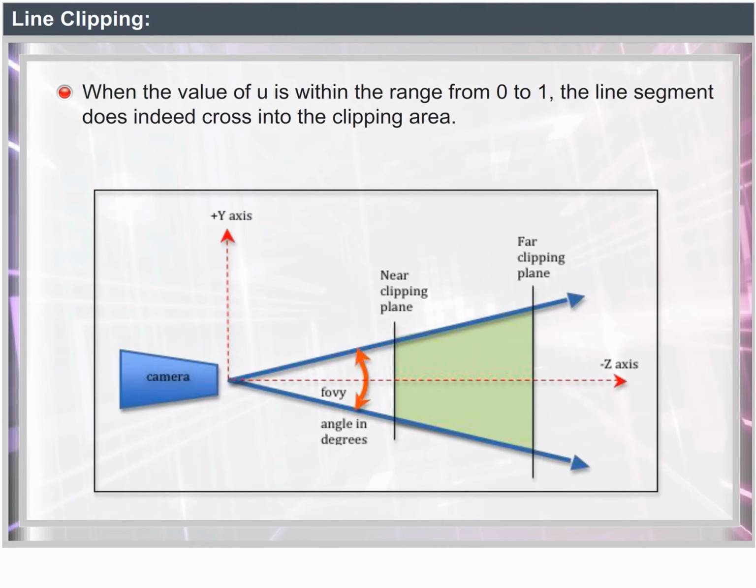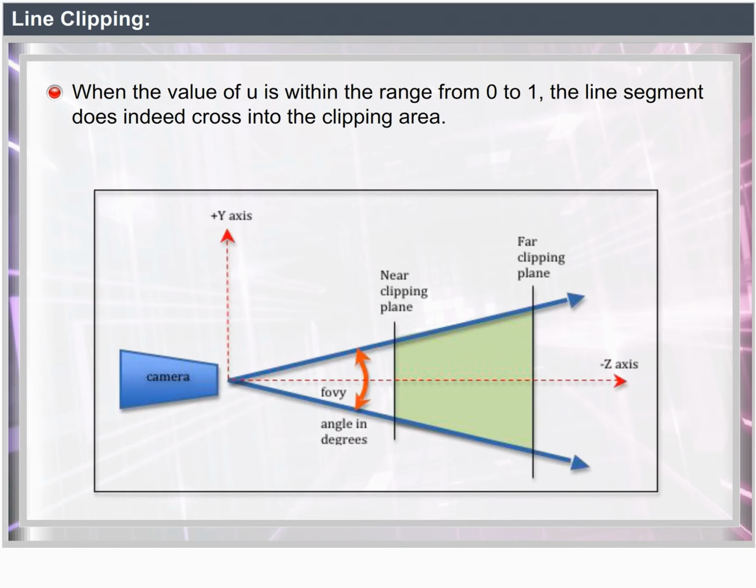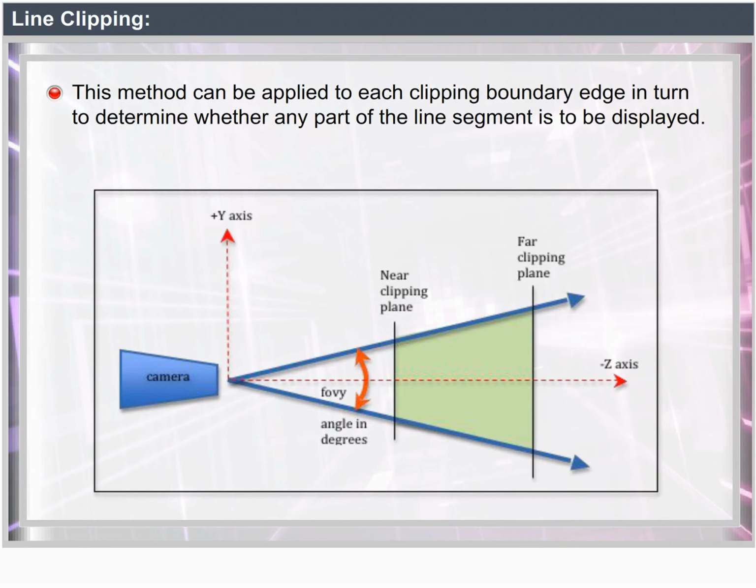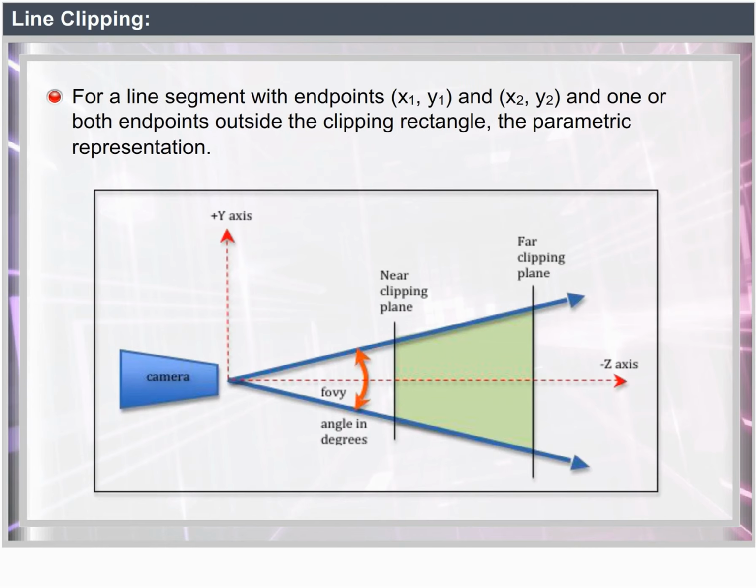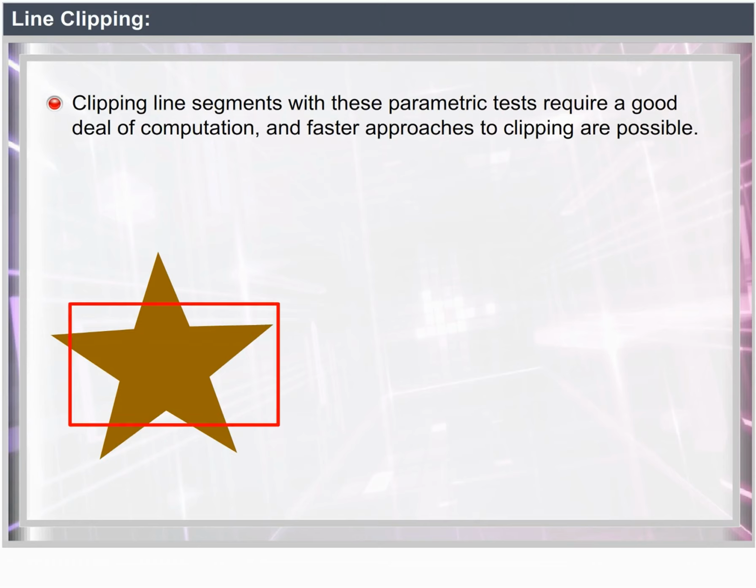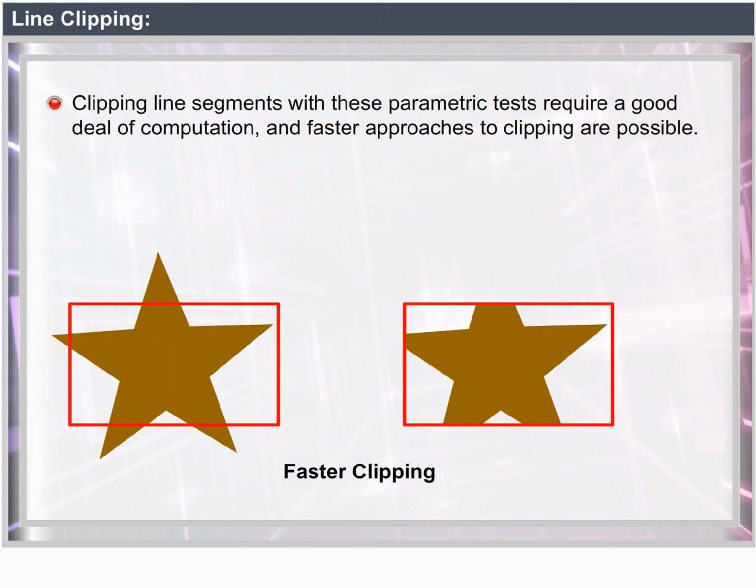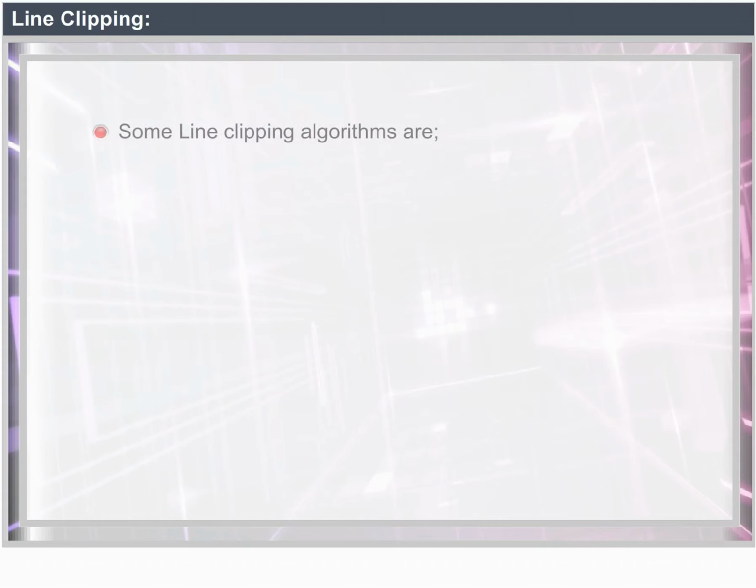If the value of u is within the range from 0 to 1, the line segment does indeed cross into the clipping area. This method can be applied to each clipping boundary edge in turn to determine whether any part of the line segment is to be displayed. Line segments that are parallel to window edges can be handled as special cases. Clipping line segments with these parametric tests requires a good deal of computation, and faster approaches to clipping are possible. Some line clipping algorithms are